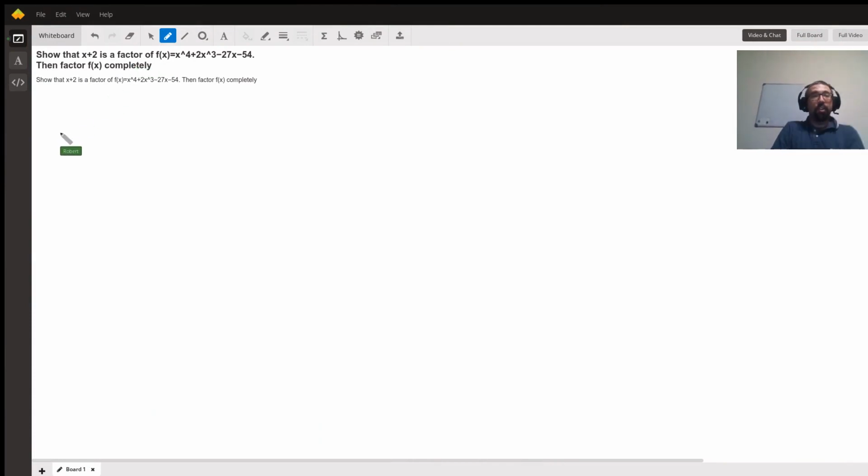It says, show that x plus 2 is a factor of x to the fourth plus 2x cubed minus 27x minus 54. Now, the first thing I want to emphasize is that one way to tell if something's a factor is just by plugging in the opposite of what's given. By which I mean to say, we have x plus 2 is a factor if and only if, I like to underline that phrase because it comes up a lot in math, if and only if